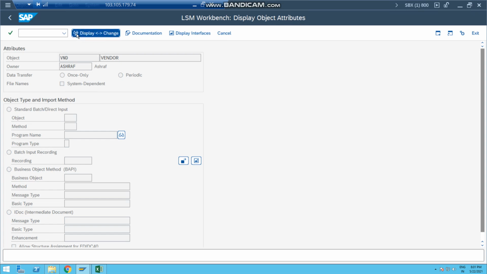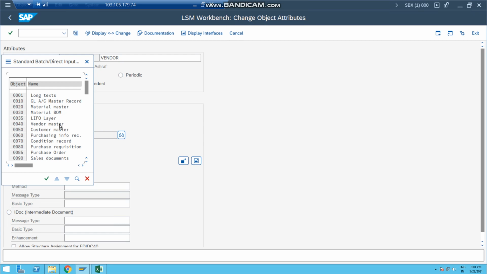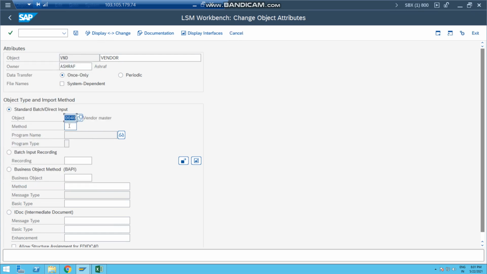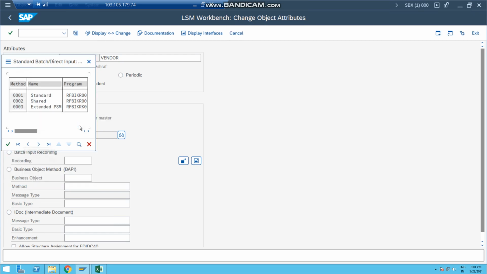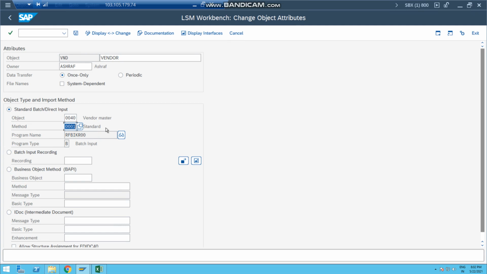Once you click this button, it says change object attributes. So in change mode you can put here the object I am going to use is 40, which is vendor master. You can use material master 20 in case you need to upload material master. I'm selecting this 40 and selecting the method standard. Just save this. Okay, first activity is done.